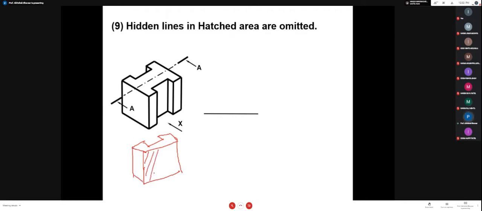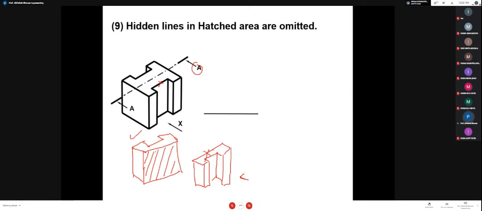Here the hatching portion will be there, and another portion will be like this. It will be totally opposite to this because it is symmetric about the cutting plane. From here you are watching, so you have to remove this portion because the direction of the arrow is this, and see which portion you have to draw.